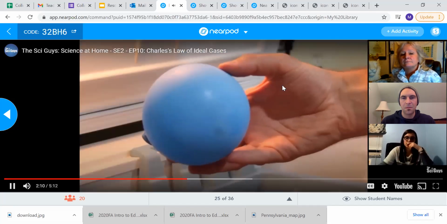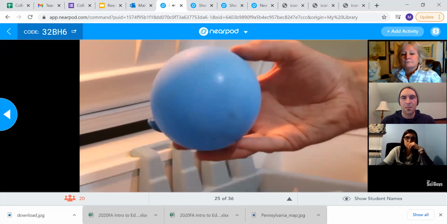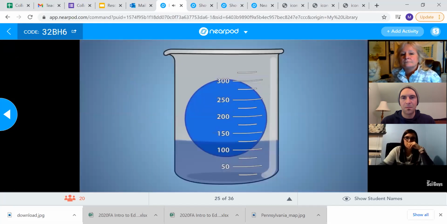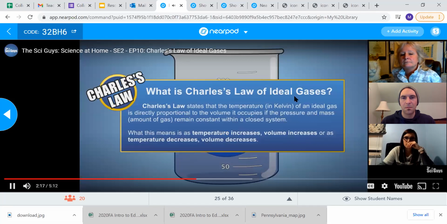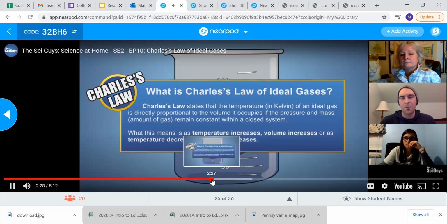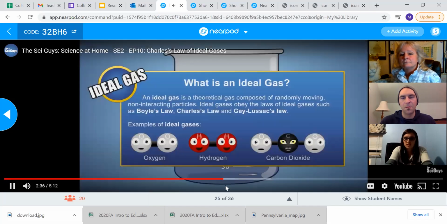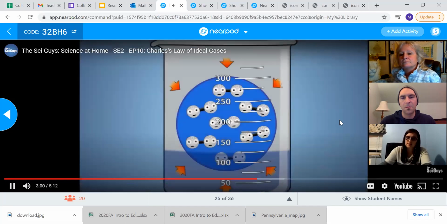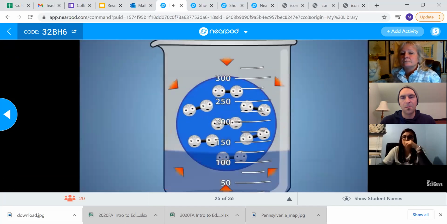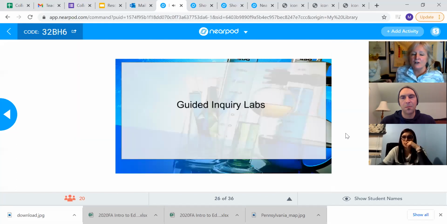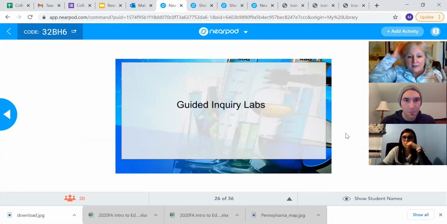As it warms up, it will gradually increase in size. Let's look at this experiment a little closer. Charles' gas law states that when a fixed amount or mass of an ideal gas is kept at a constant pressure and in a closed system, then its temperature and volume are directly proportional. What this means is, when temperature increases, the volume increases. So I just wanted to share that video with you, and this will all be in